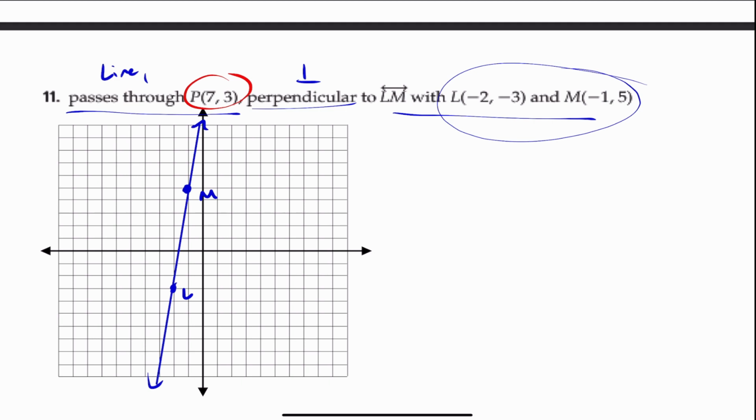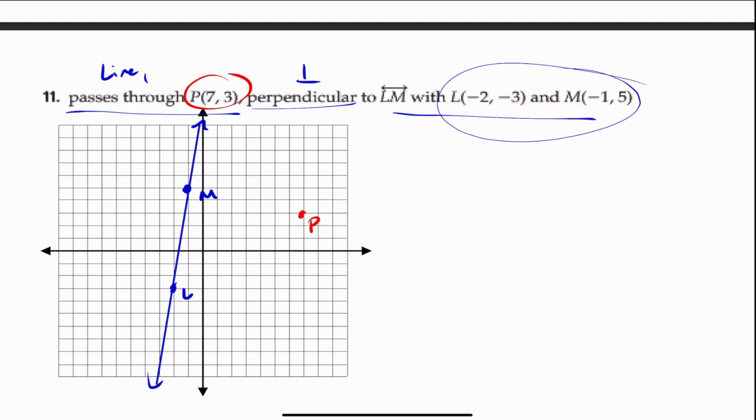3, 6, 7, 3 right here. Yep. We call that point P. Now, I need to figure out, okay, well, this line is already established, but this point doesn't have a line, and that line isn't established yet. So let's